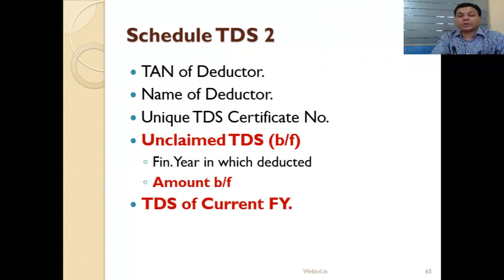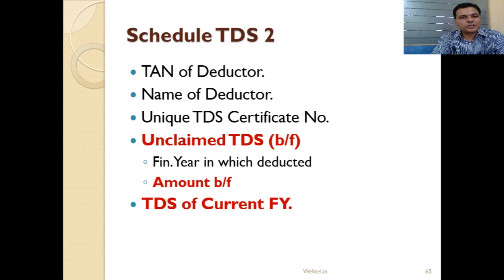Coming to important schedule TDS 2, some new fields have been added applicable in the case of non-salary income like interest, etc. Unclaimed TDS brought forward has to be given, and the financial year in which deducted was already there. Amount brought forward also needs to be given, and the TDS of the current year also needs to be given